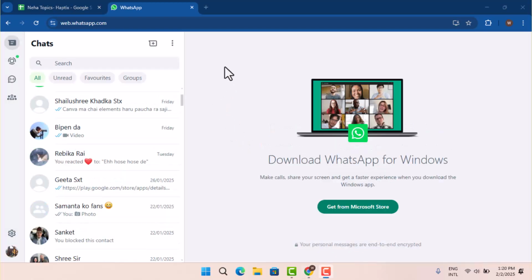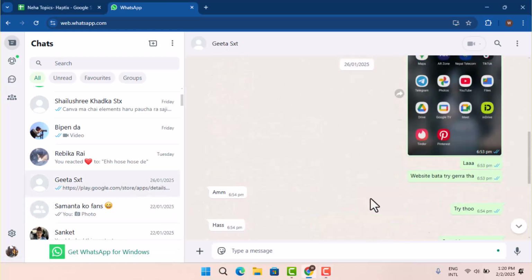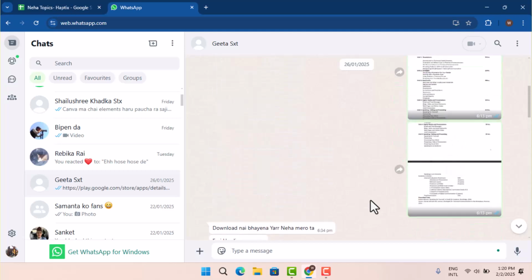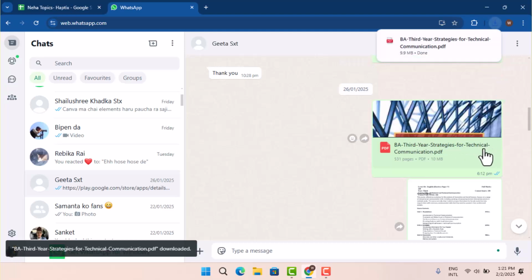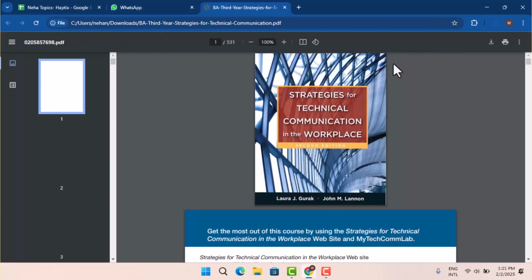Now that you're logged into your account, after that you need to download or print the document, right? So you have to open up the chat page where you actually have the document. So you can see it's the one where I actually have the document. So this is the PDF one. So I'm going to open it up, or I'm going to download this, after which I'm going to open the file location, and then all I'm going to do is either click on this printer icon, or